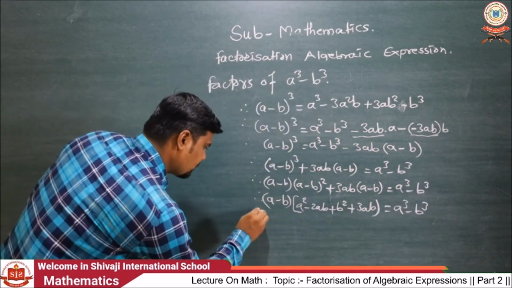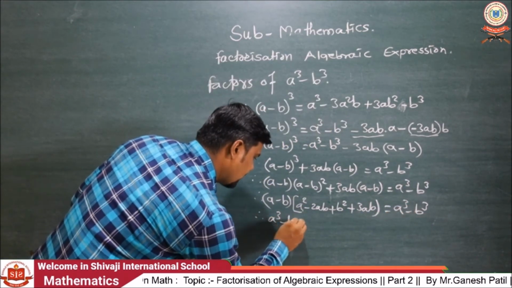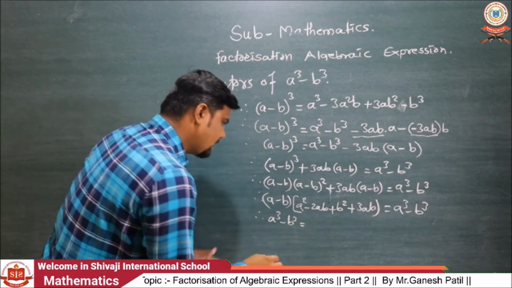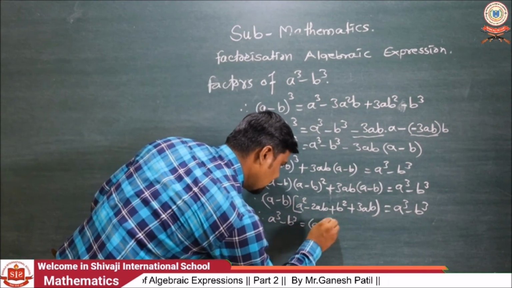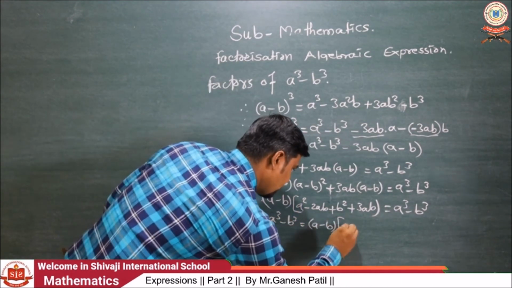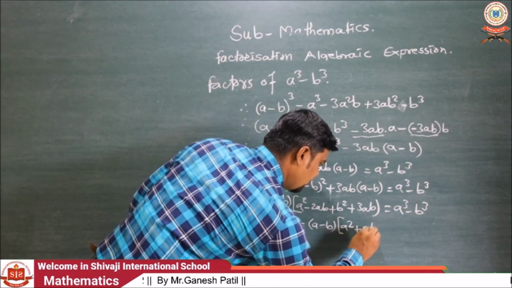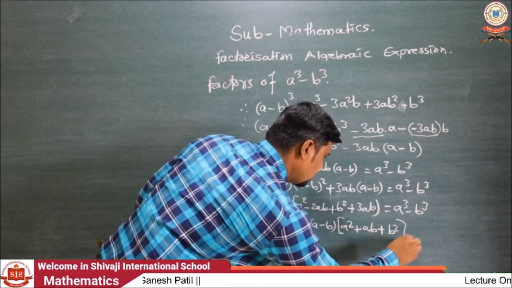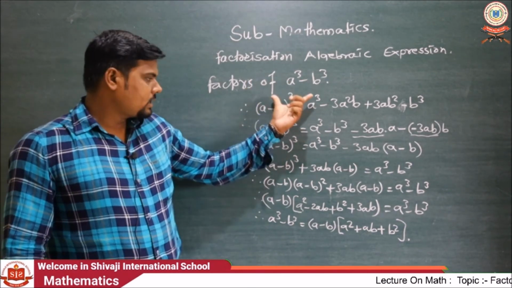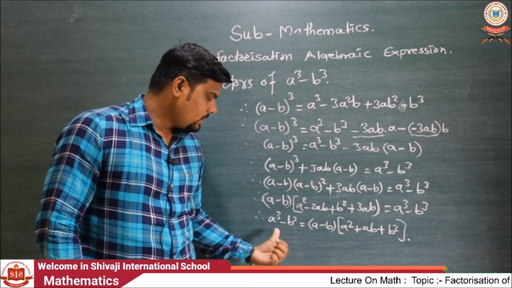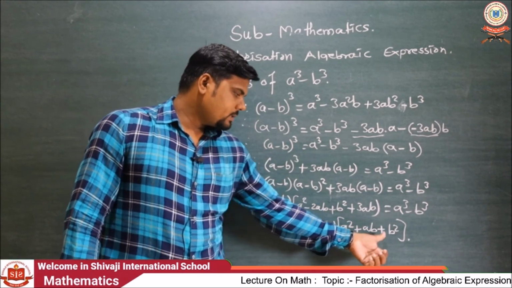Okay. Then write down a³ − b³ on the LHS side, and this whole description on the RHS side: the first term is (a − b), then in the square bracket a² + 3ab − 2ab, meaning plus 1ab, plus b², is the formula. Okay. Now we are going to solve just one example depending upon this formula. This is the important formula: a³ − b³ = (a − b)(a² + ab + b²).